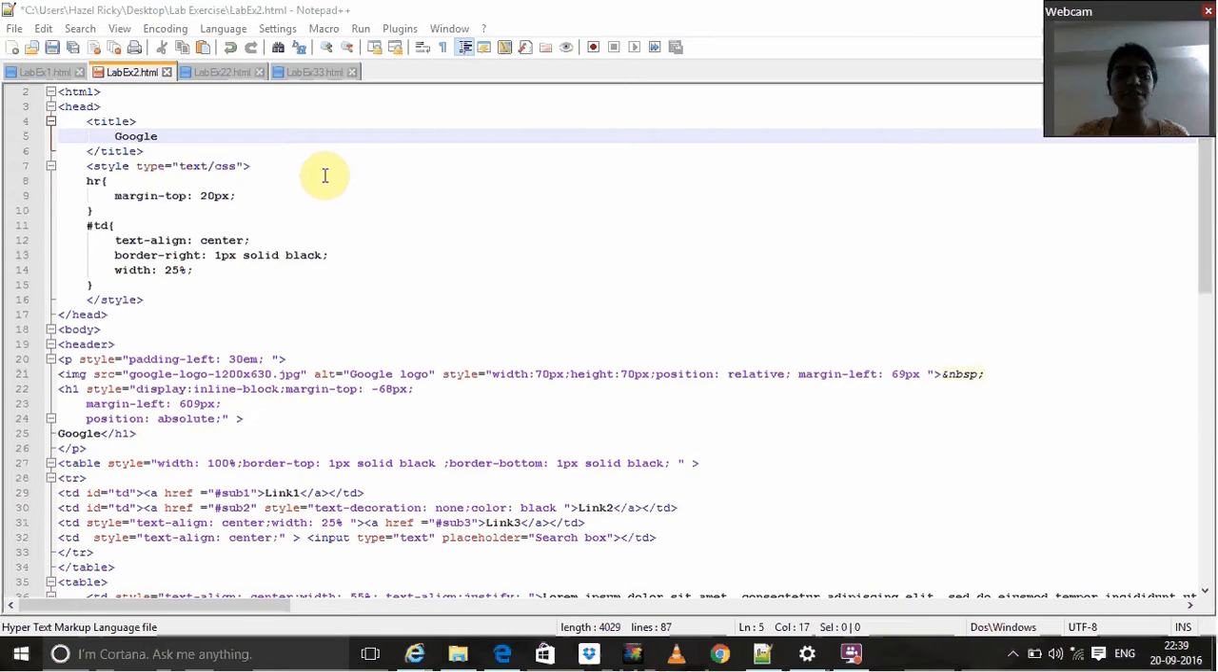So in my first page, I'm creating a document with the title Google, and in my header I also have a style tag. In the style tag, I am creating CSS, and I mention type is equal to text/CSS. In this, I have my two ID tags within my style tag, and this style tag comes under my head section. Then in my body section, I have a header in which I have